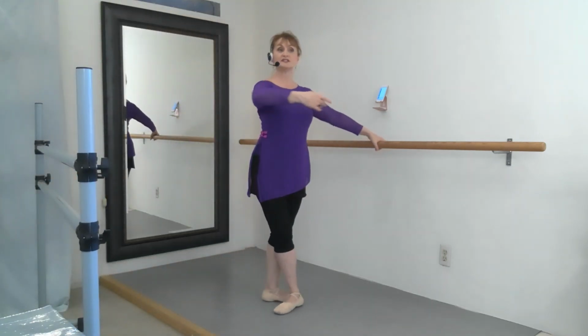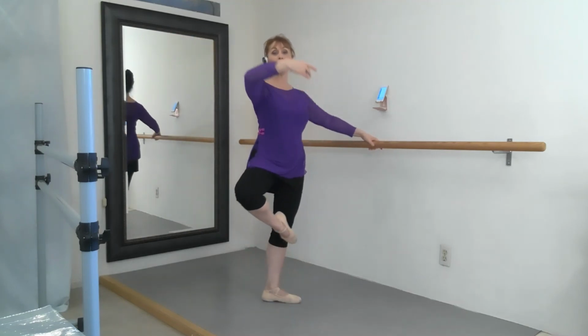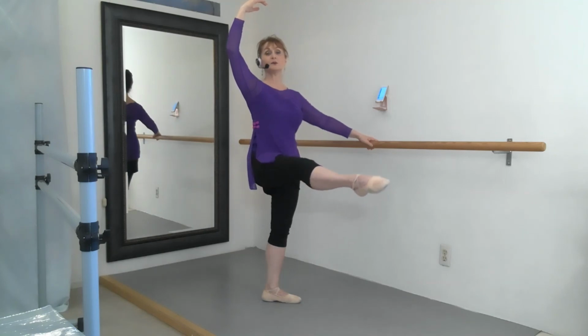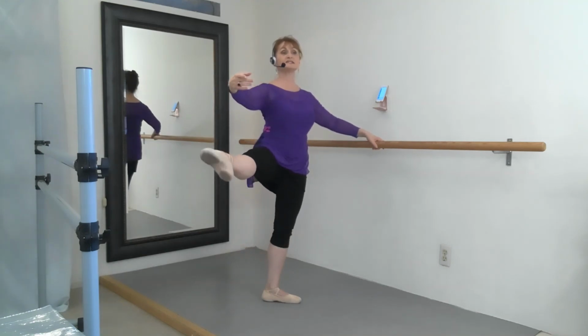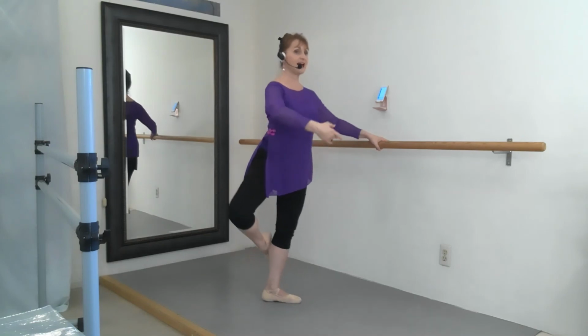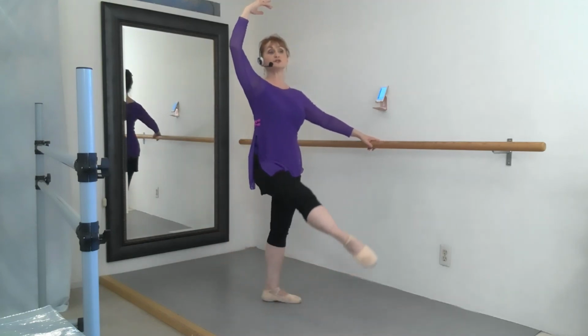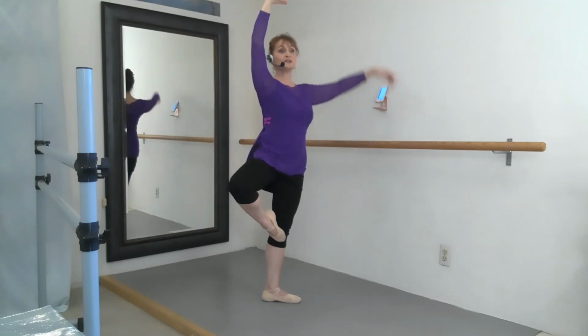Fifth position, elbow, wrist, fingers, breathe. Peel up. Hold the knee back, lead with the heel. Fondu up. Feel it in the crease. That's it. And fondu, slide it up. From there you go through attitude, lift, brush to the front. Now pull that string, bring the knee to the side,